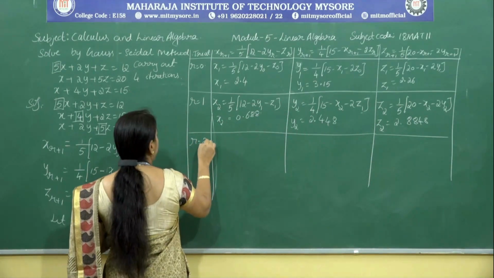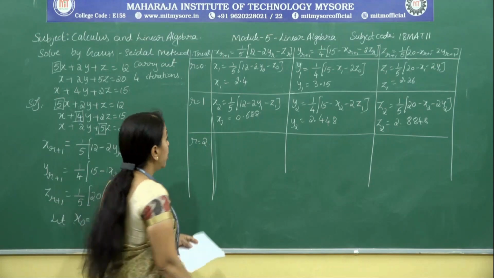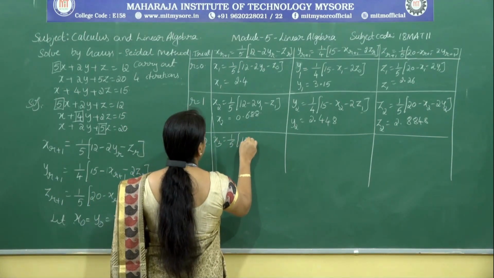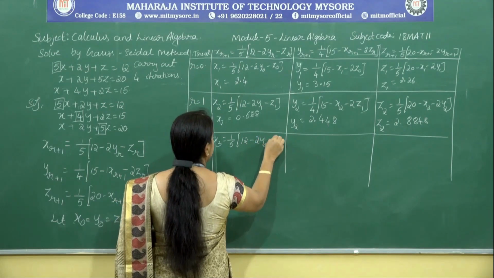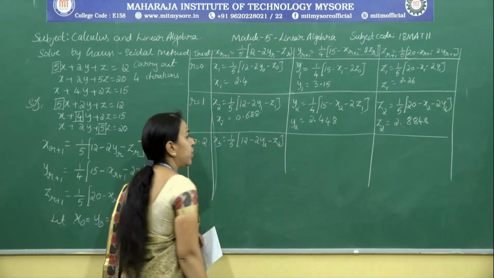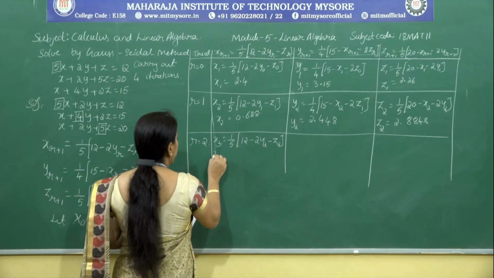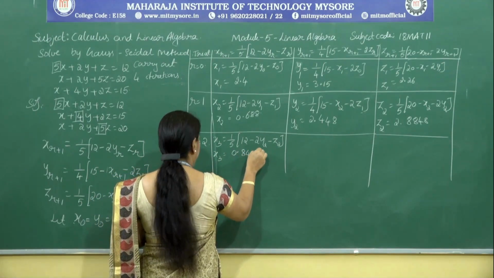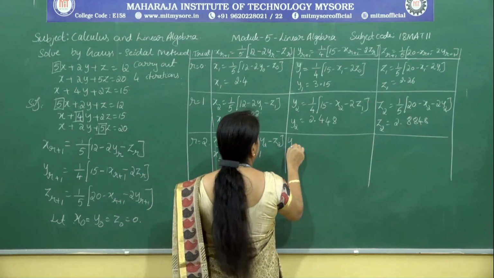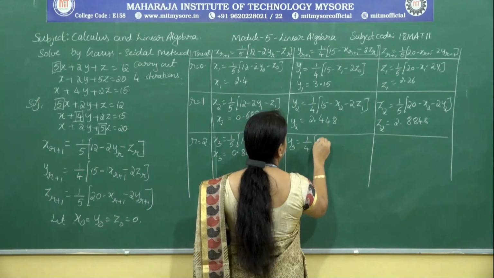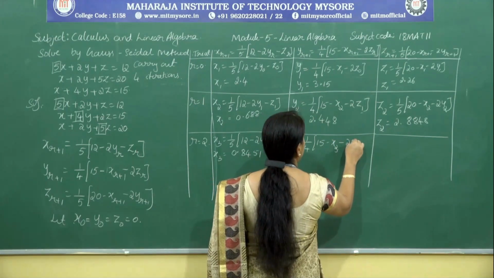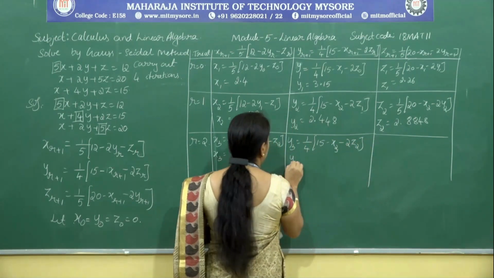And with r equal to 2, we have a third trial, that is x3 is 1 by 5 into 12 minus 2 y2 minus z2. If you substitute the corresponding y2 z2 value, your x3 will be 0.8451 and y3 is 1 by 4 times of 15 minus x3, of course, minus 2 times of z2, then y3 is